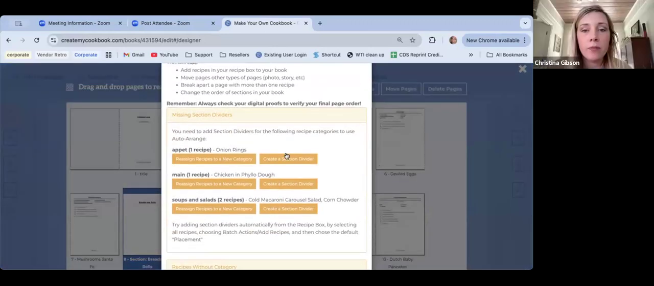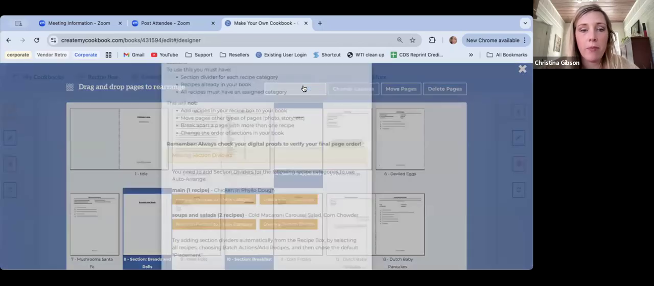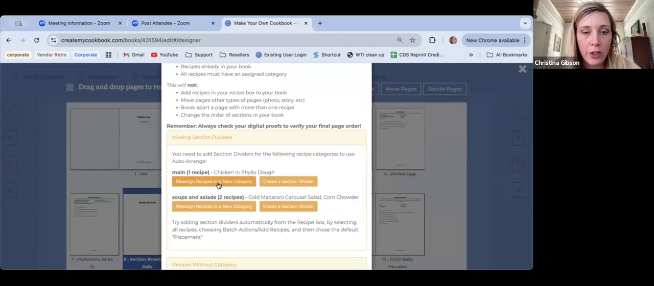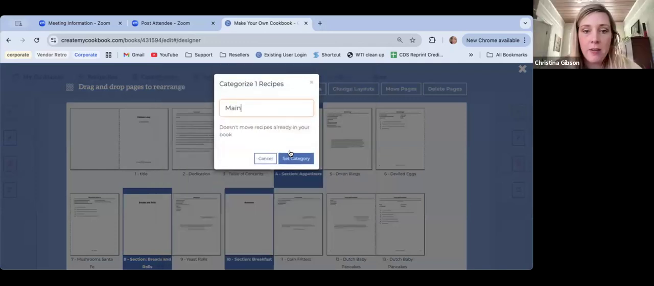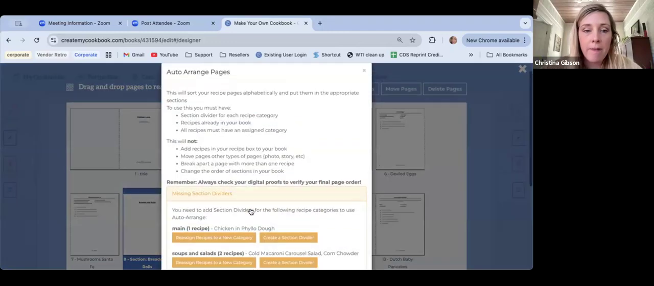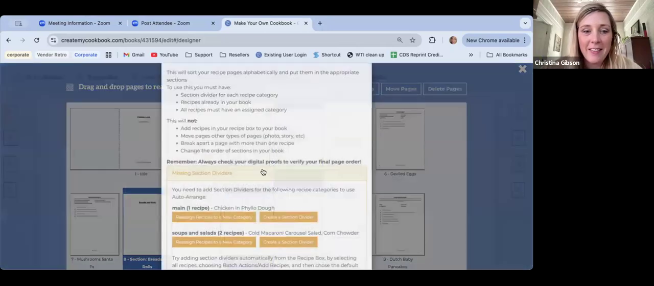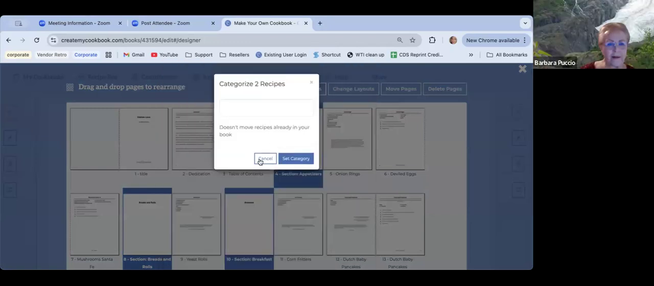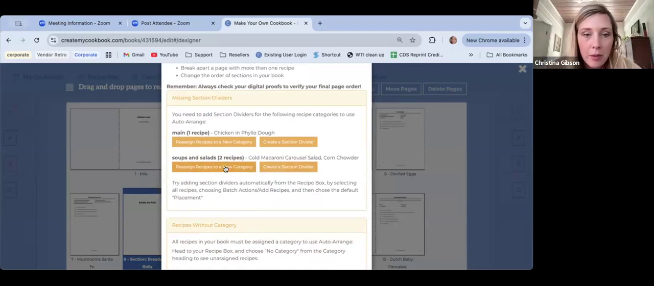That'll pull, let's see, onion rings. We want to add to appetizers. And you'll see some of them were not properly named, so I'm just going to fix those for you. Below, we're going to make that a main. Set that category. Main, set category. All right. And what was that last one? Soups and salads. We want to add,